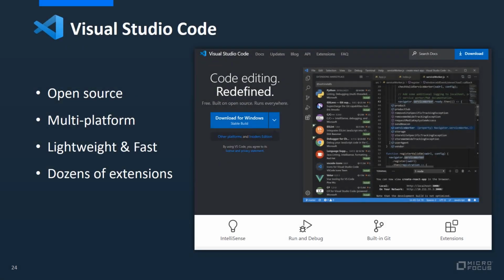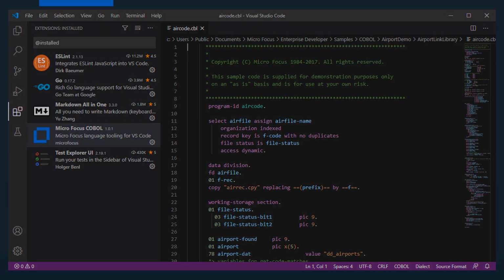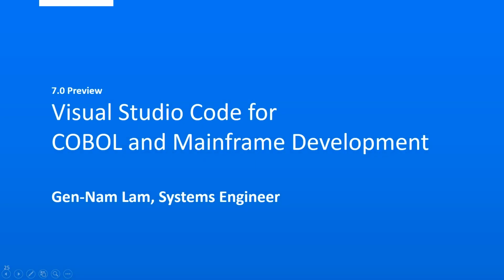More recently, the Visual Studio Code platform has emerged as a popular choice for cross-platform application development for a wide range of programming languages and technologies, and we're delighted to be offering support for COBOL development in VS Code in our next release. Jen Nam, an engineer working on our VS Code integration, is going to take you through a